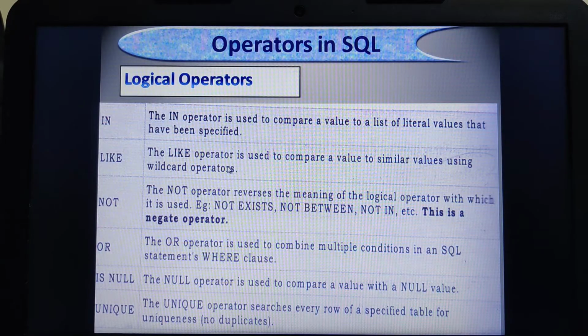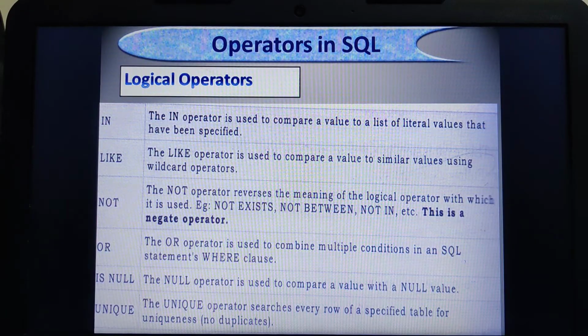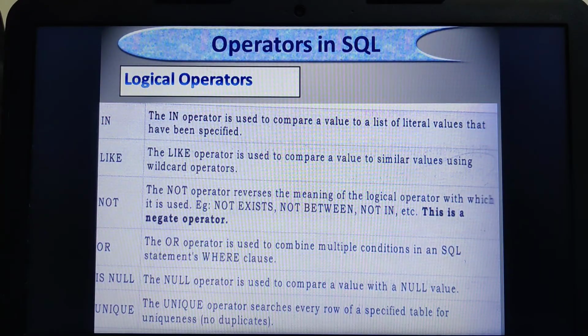The LIKE operator is used to compare a value to similar values using the wildcard operator. Before I explain this LIKE command, I'll give an example. If I have in my student table two students named Ganesh, one I have fed with a small letter and one more with a capital letter, and now I want to retrieve the record related to Ganesh.